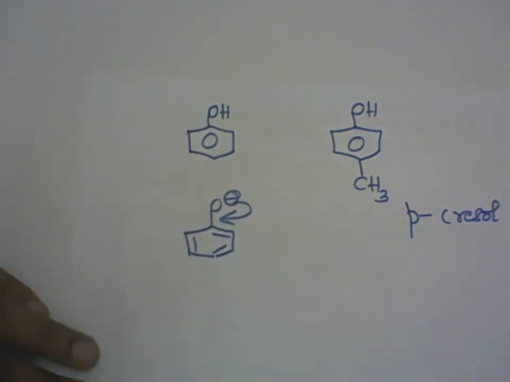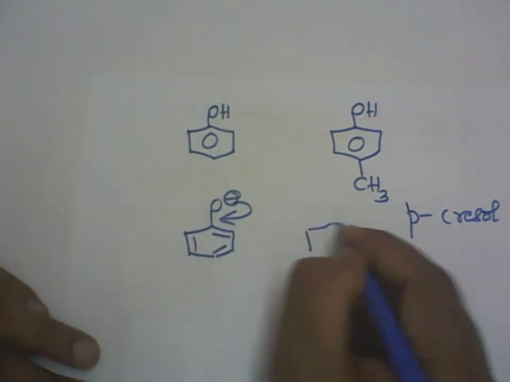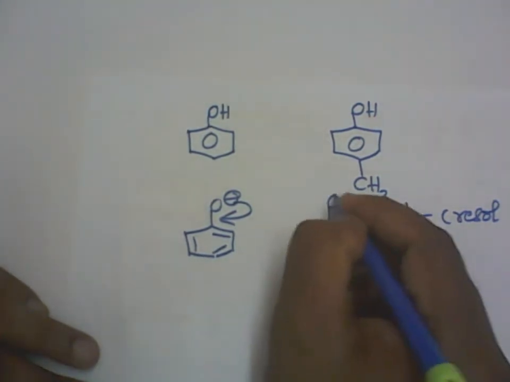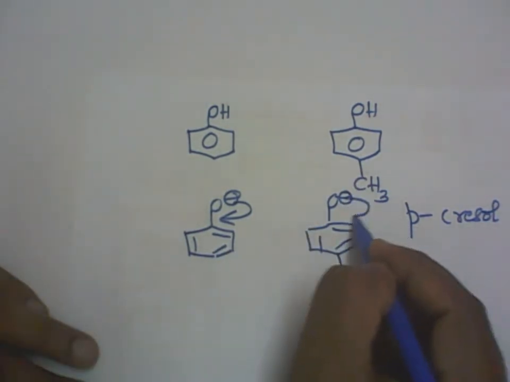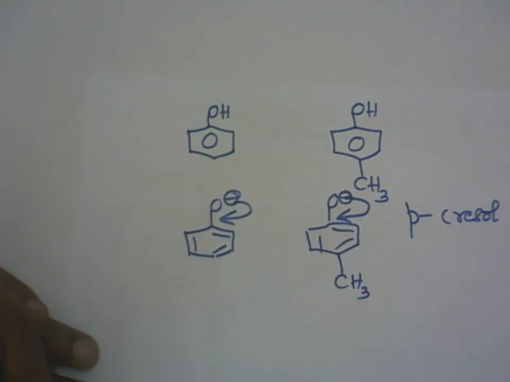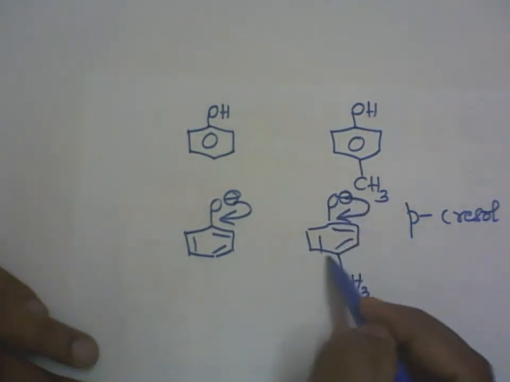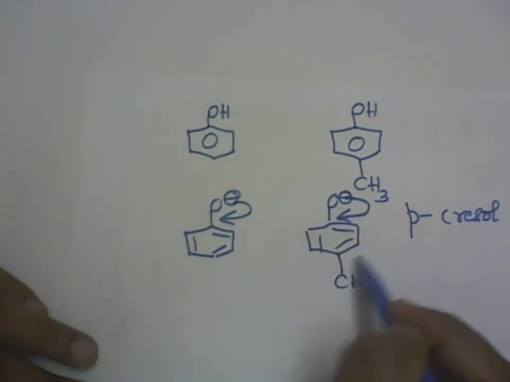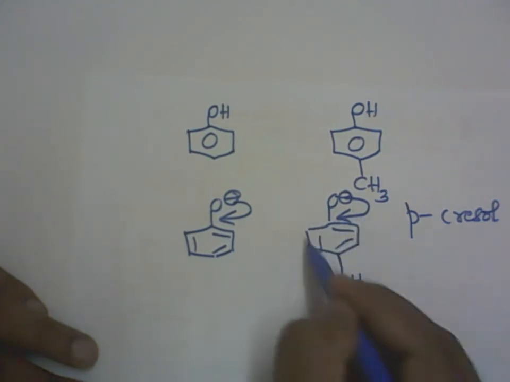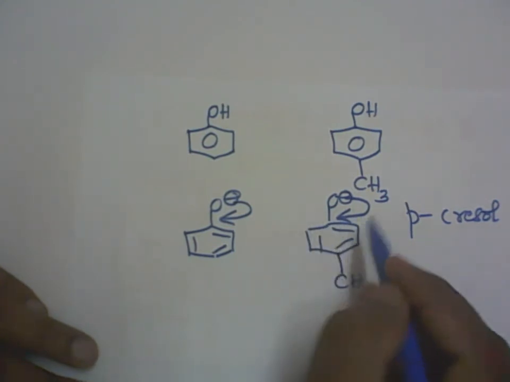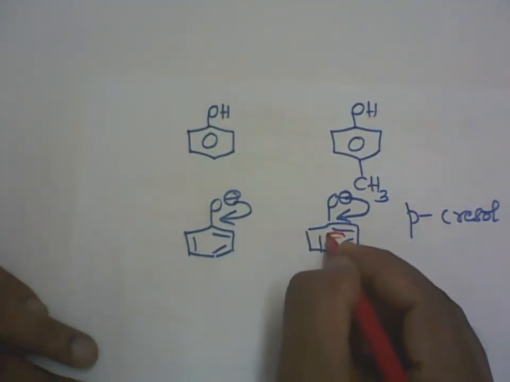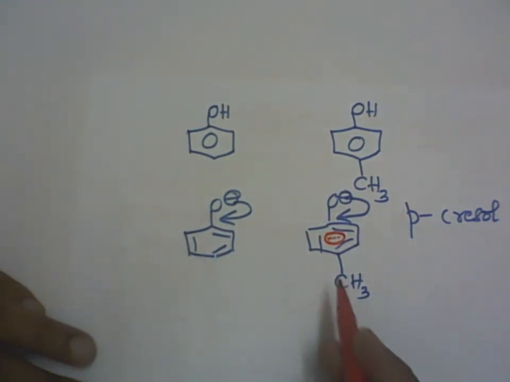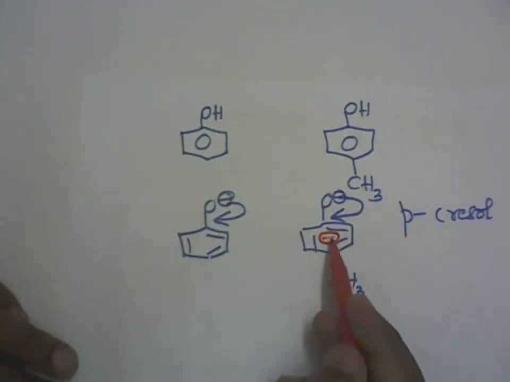This will undergo resonance with the benzene alone. Here we have got O minus, the phenoxide ion, and there is a CH3. You know that this is resonance stabilized. That means electrons are going to the benzene ring. That means benzene becomes electron rich. So it is negatively charged. Let me write like this. So this phenoxide ion is more negative in nature on the benzene. More electron density there on the benzene ring now because of delocalization.